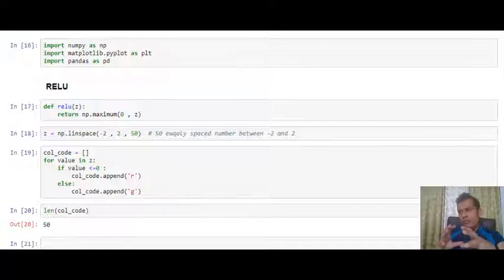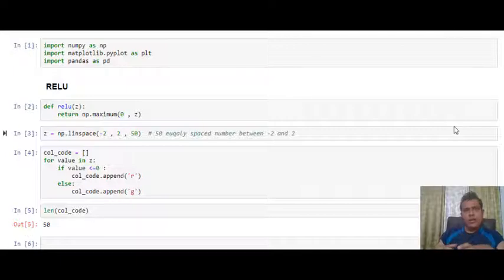After plotting these activation functions, we will get a complete idea of what these activation functions are and what the nature or behavior of these activation functions is. Which also implies that for any given value of input, or any given value of x, what is the value of output, or the y. So let's get started.